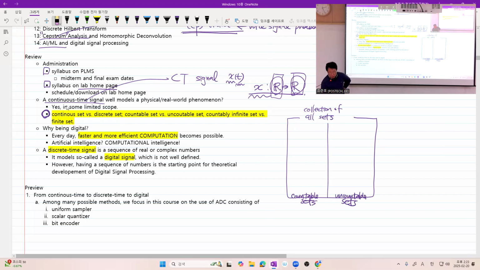This is very, very important because this made me different from my high schooler and graduate. Got it? So I hope you have this concept in your mind. For example, uncountable set. What is the representative uncountable set? The set of real numbers denoted by,